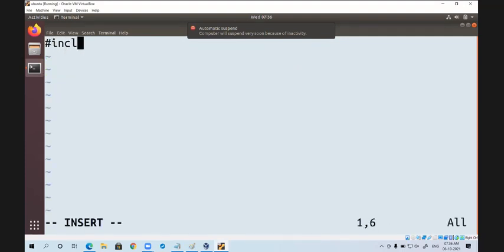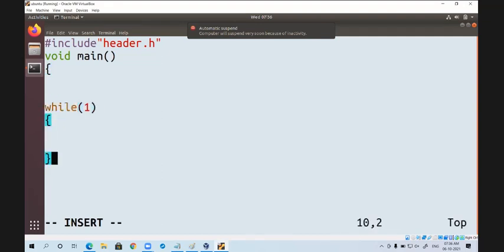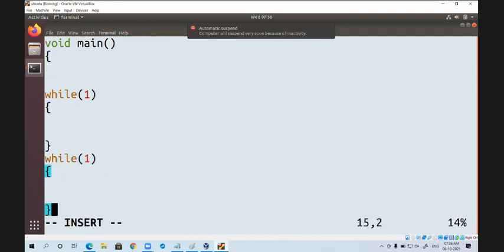In this program, two while(1) loops are there.